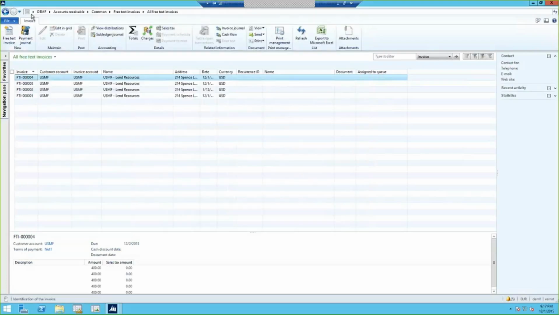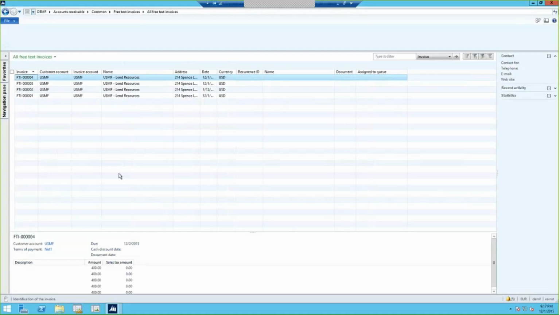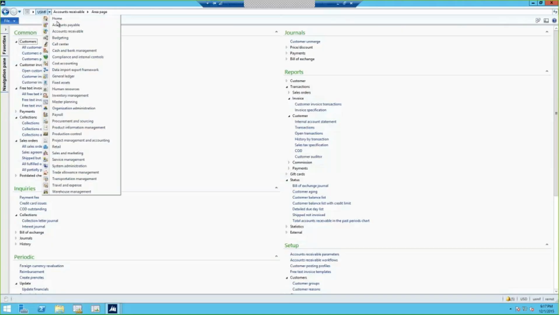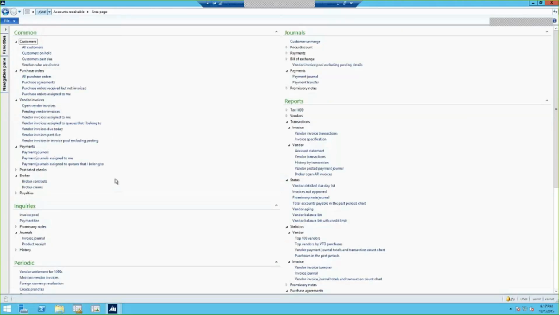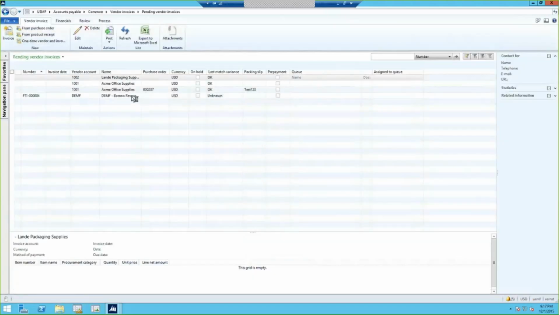So we're going to switch to our USMF legal entity, which is our company that borrowed the resource. And if we go to accounts payable and look at our pending vendor invoices, we're going to find our invoice. Because of a trading relationship that I set up, I'm going to show you a little bit later how I set that up,